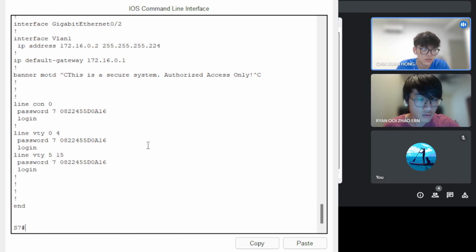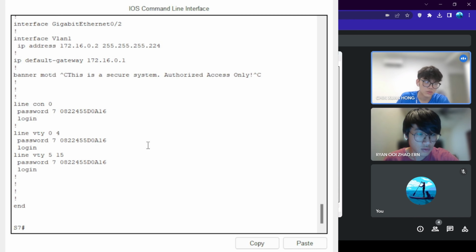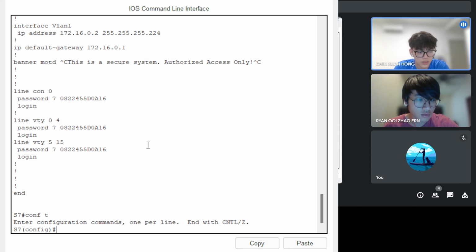the IP address for this switch, which is assigned as 172.16.0.2, and the default gateway is 172.16.0.1. So the banner we set for this is to prove that this is a secure system, and then we also add a password for the line console 0, the line virtual terminal 0 and 4, and the line virtual terminal 5 and 15. So the password is also Cisco,